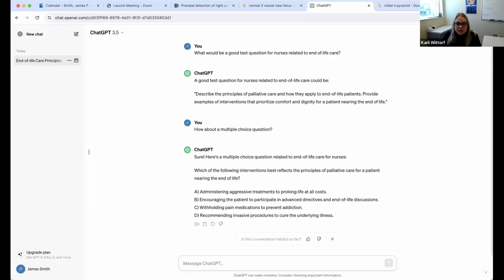I would say as you initially look at it, on the surface it kind of looks like a good question. I'd say they do very well at keeping the grammar similar, which is very much what you want to look out for: administering, encouraging, withholding, recommending. They stay in that good format. Looking more closely, though, B tends to be a little bit longer than the rest of them. So trying to keep them at a similar length is more recommended. Yeah.